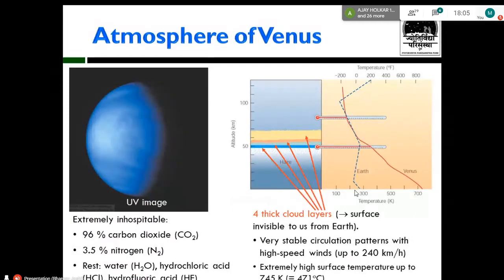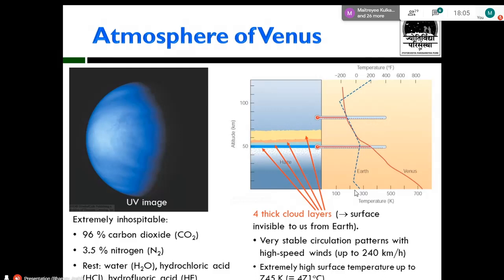Now, regarding the recent discovery about the atmosphere of Venus, it is estimated that the atmosphere has an interesting distribution of phosphine, and astrophysicists have found that there are large streaks on Venus that are actually blocking the radiation from the sun. So this can only happen if there is something microbial happening there. So there is a probability that there might be microbial life present in the atmosphere of Venus, about 30 to 35 miles above the surface of Venus.